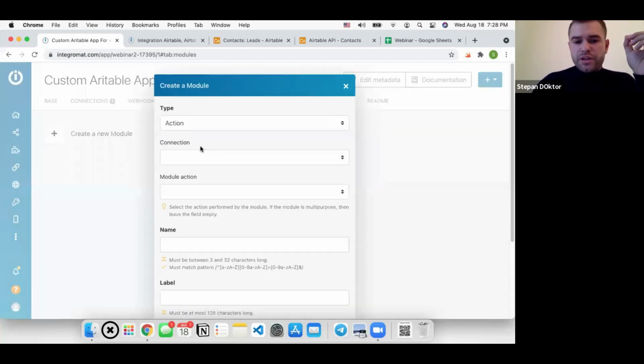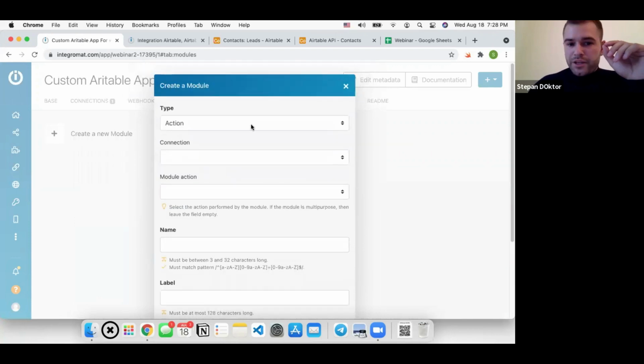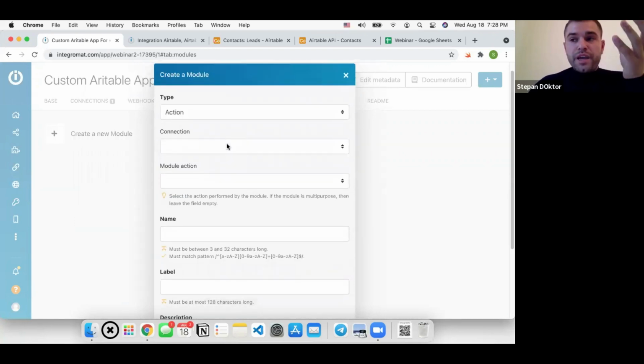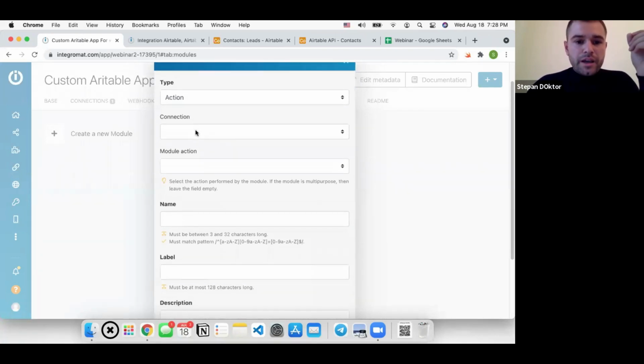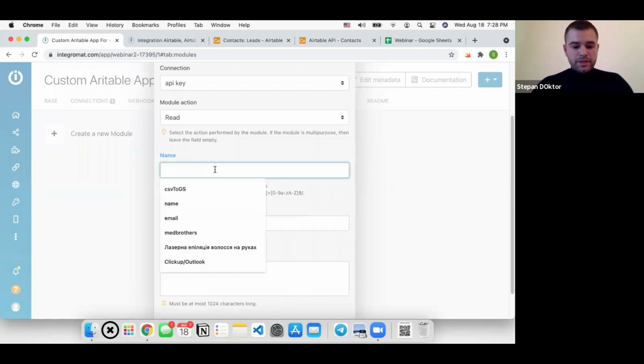For now, I'll just create a real simple one. It will be an action. So for example, let's say I want to get a record by its ID, right? And for that, I created a connection, the API key connection. This will be a read module, and I'll name it